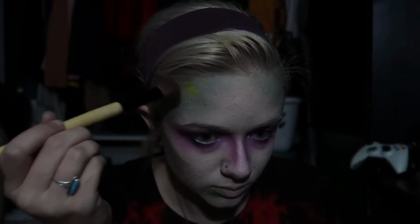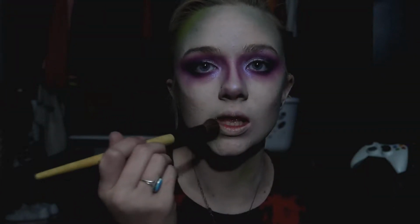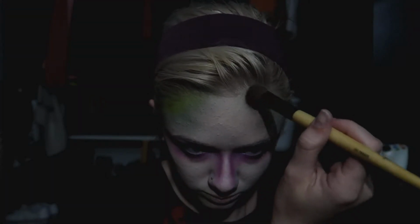So I kind of layered the colors. First I started with the lightest green that's in the James Charles palette. Then I took the lime green that's from the Urban Decay palette. Then I took the dark green that is in the James Charles palette and added that on top of it